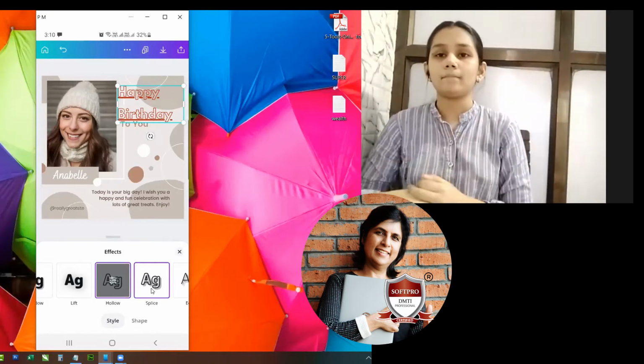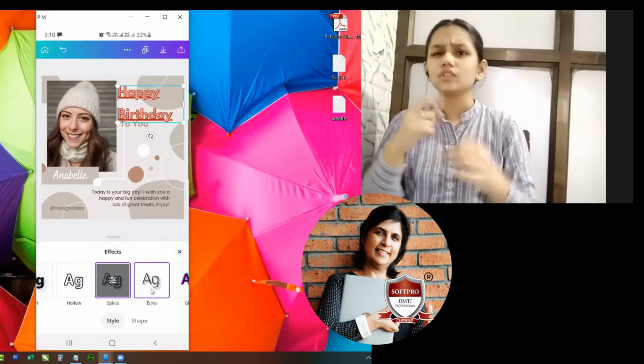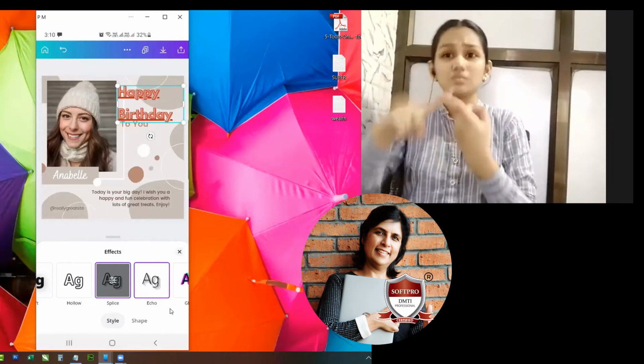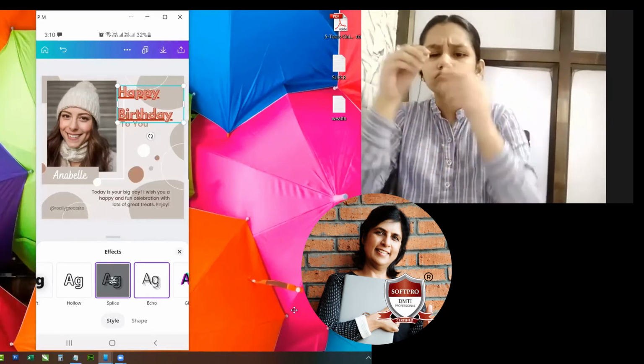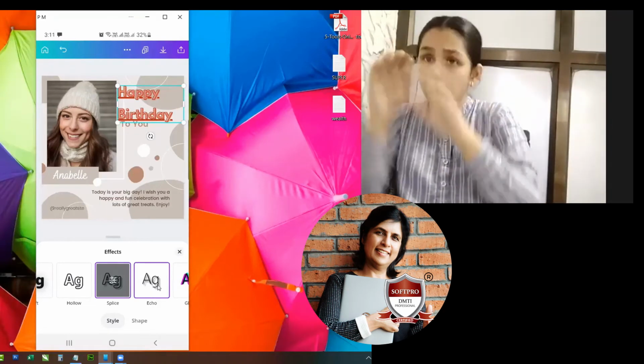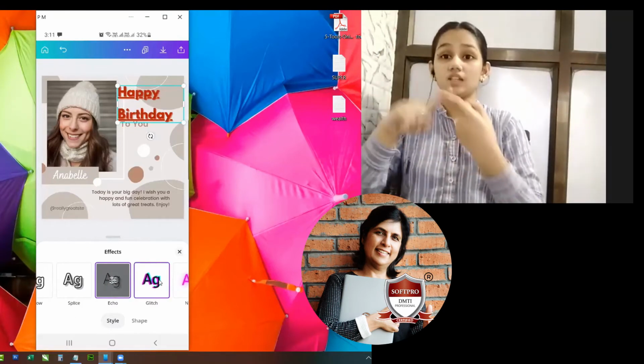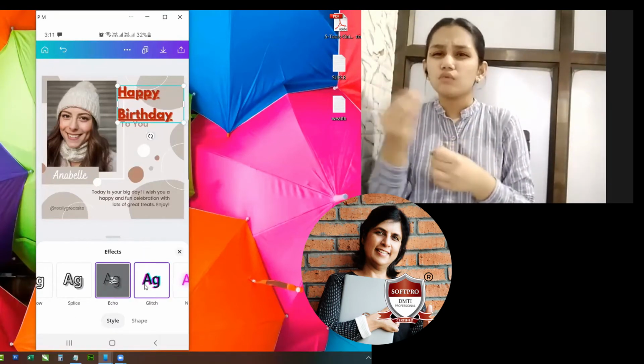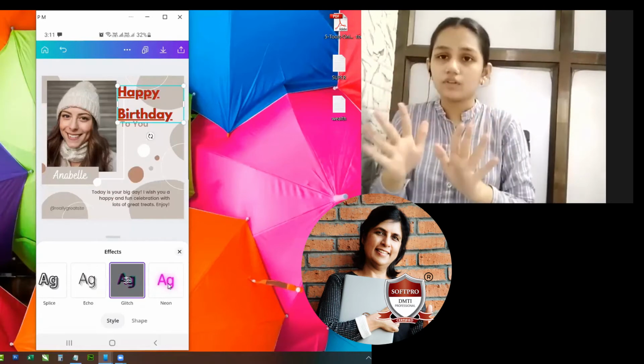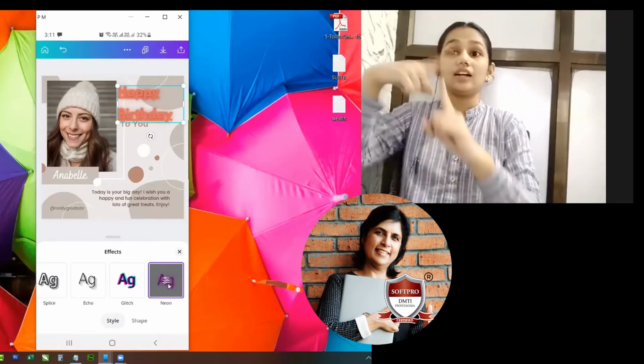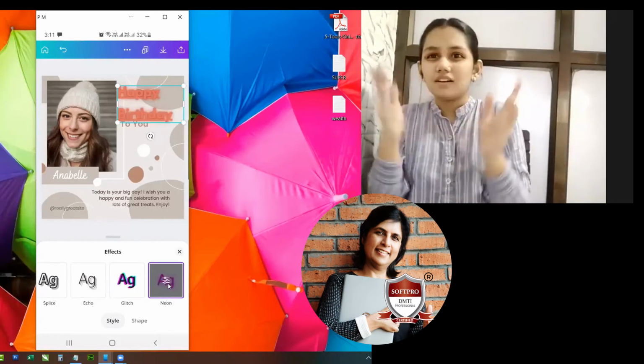If I say splice, you will see some filling is there inside. Right? Then if I see echo effect, you will see some slight echo. This is the glitch effect, the neon effect. It will give you a type of a neon effect.